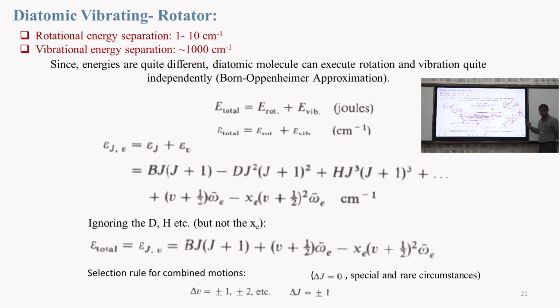So XC should not be ignored, but you can ignore the H term. If you ignore this one, then you will have a rotational component and then a vibrational component, and the selection rule will be